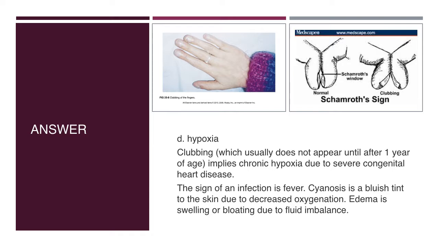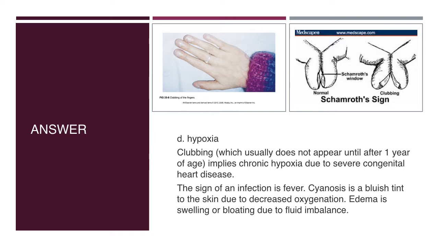I want you to notice the hand on this person who has clubbing, and you can see how the area around the distal areas of the fingers are enlarged. And then we also have this thing called Shamroth sign. If you look at the first picture, it would be like you took your index fingers and put them